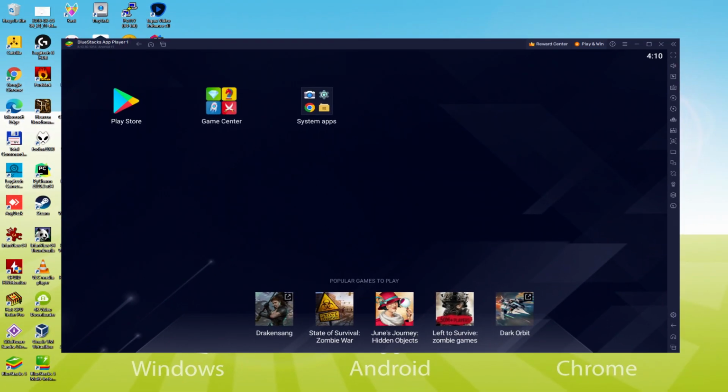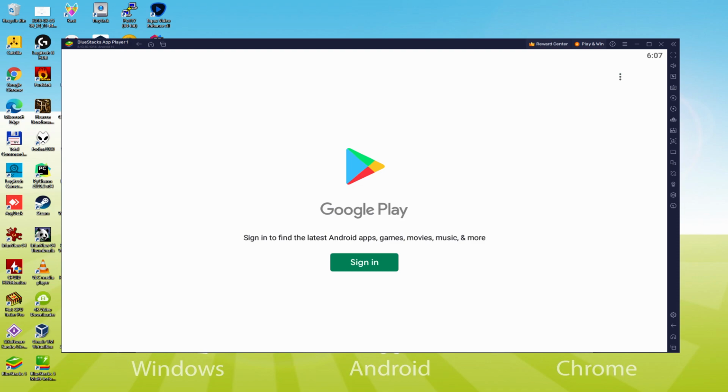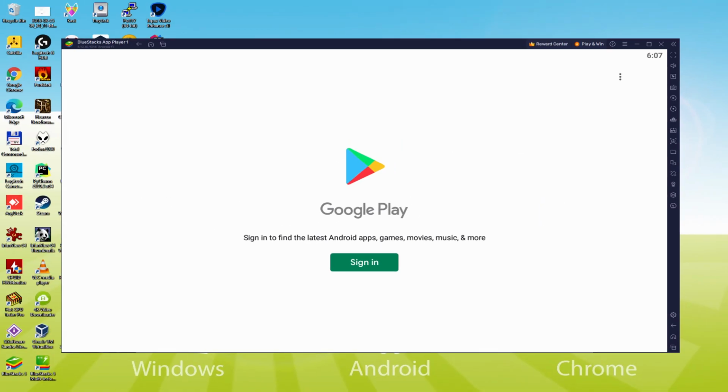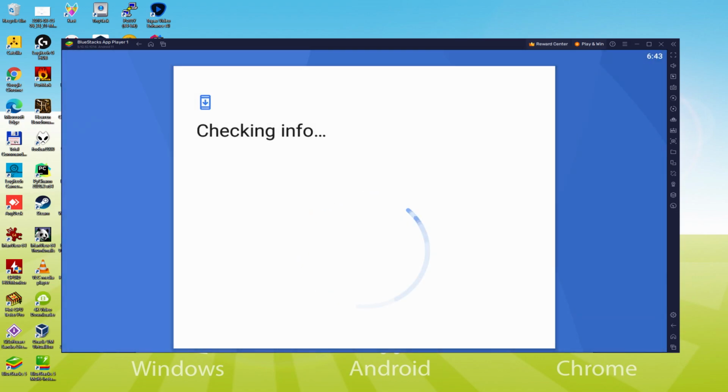We should make the next phase, that is a requirement, and which is to begin browsing the Google Play Store. And we are going to mouse click on Play Store. As you will notice the Google Play is presented. In this case we have got to sign in. At present the moment we are right here, we have to begin doing the next phase that is definitely absolutely mandatory. Therefore just click on Sign In. At this point it announces, checking info.